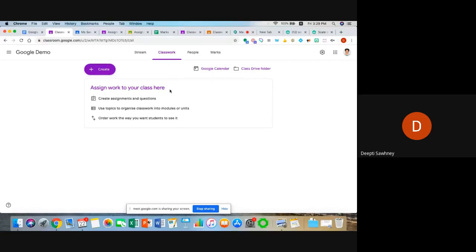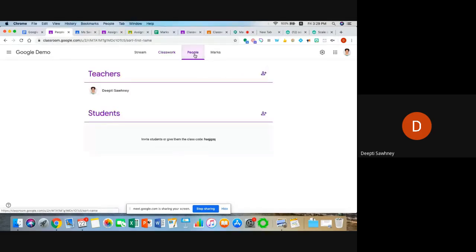sessions, everything that you want will go on here. The third tab is for people. You can have co-teachers constructing the same course together. So if you have, say, for instance, 5 teachers teaching the 10 sections across in grade 8, all of you could be teachers in this course,